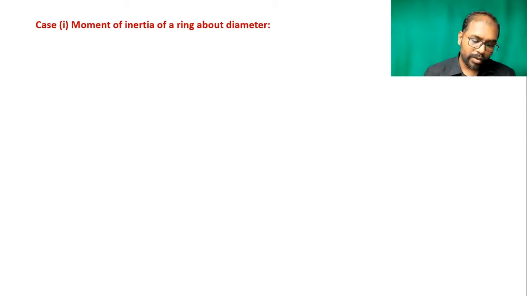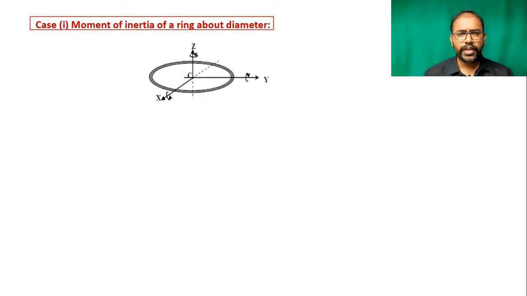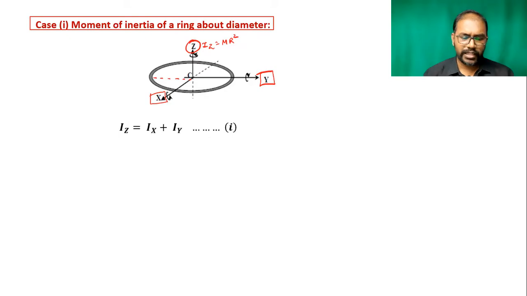Now you know one moment of inertia and you have to find out the moment of inertia about diameter. Then how do we find it out? So we consider the ring here. Now I can consider x, y, z axes. About this z axis, the moment of inertia of the ring, about the axis perpendicular to the plane and passing through the center, is M R square. That we derived in the previous article. And we have to find out about x axis and about y axis, because x and y axes are along the diameter. Use the perpendicular axis theorem.